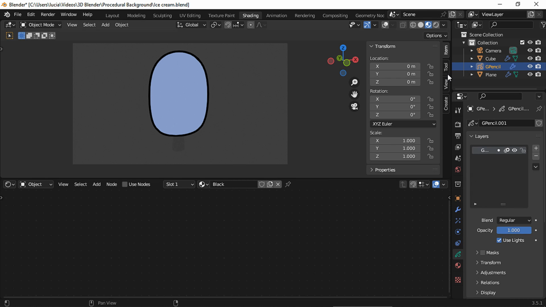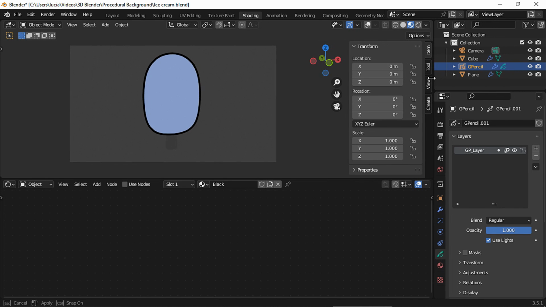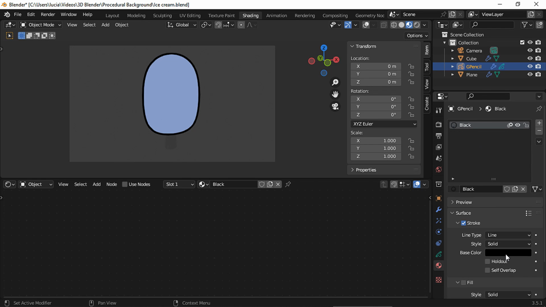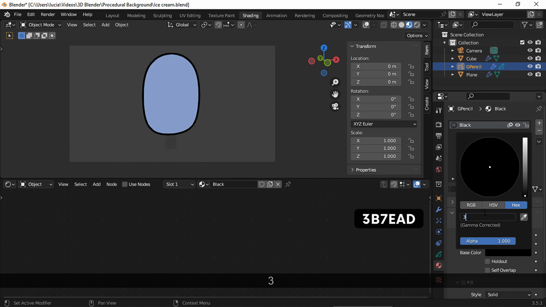Here we have the layer we chose for the outline. And let's pick the outline color. I'm gonna go with a dark blue to keep the color palette limited. Usually choosing too many colors will make your art look bad.